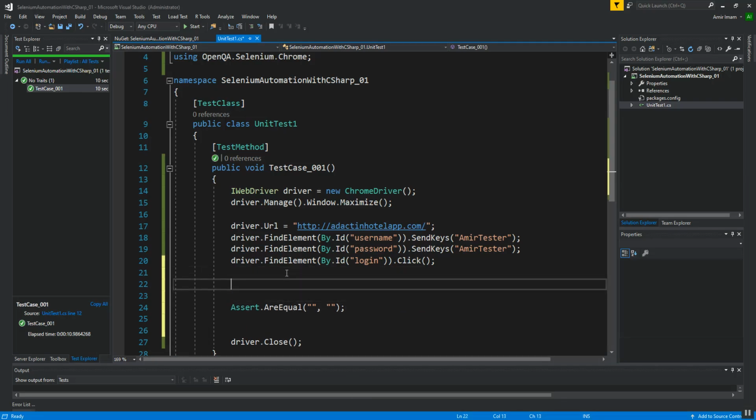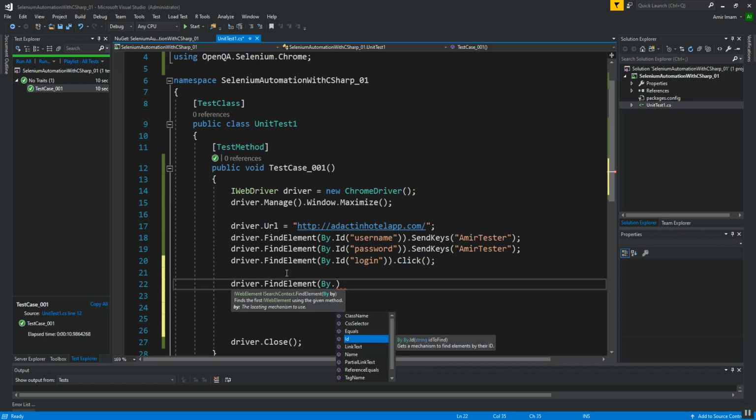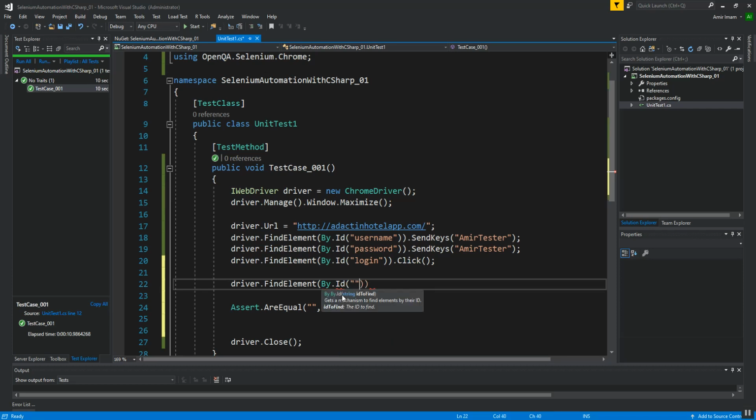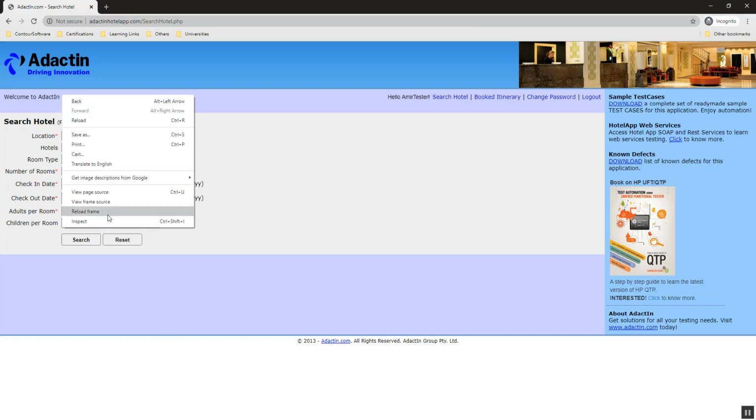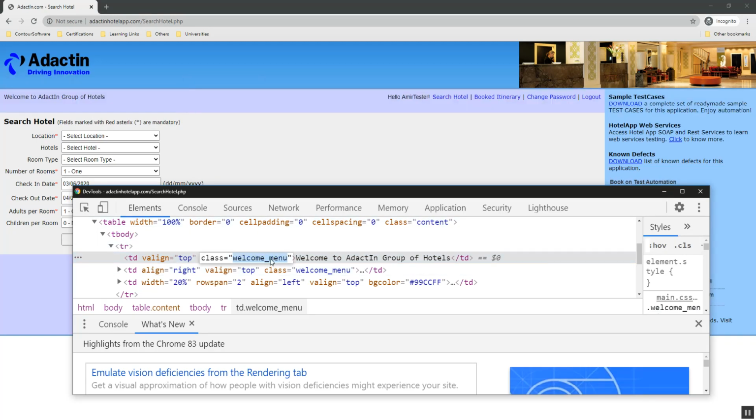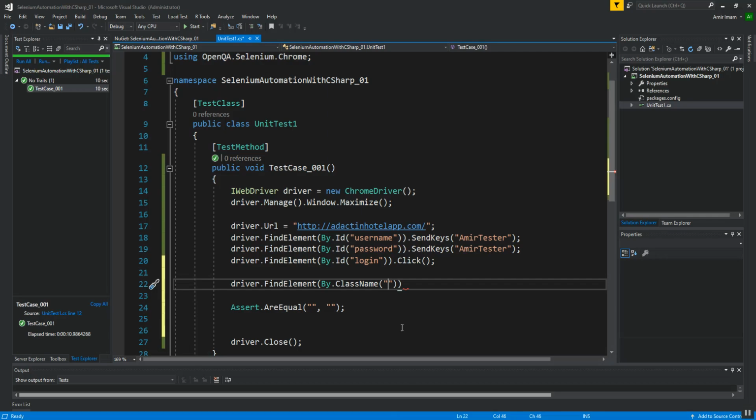Here I first need to get the message, using find element by id, but we select the class name, so we put class name here. We again copy, inspect, and welcome menu, so I have put welcome menu here.